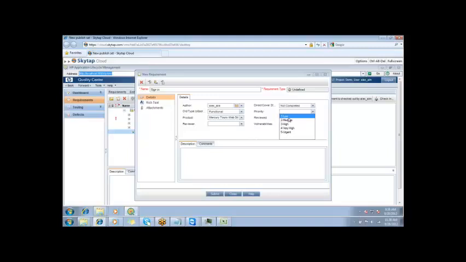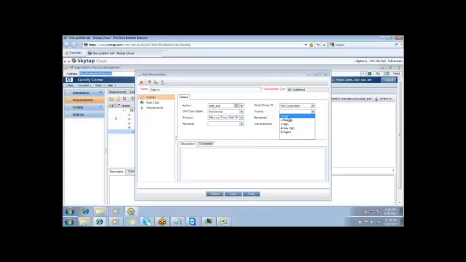Now if it is not a very immediately required functionality for your client, they have said it is not very urgent, you can deliver it next month also, you have a lot of time, so I can put it on low priority.